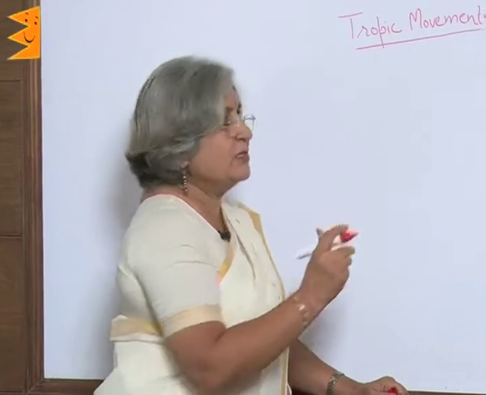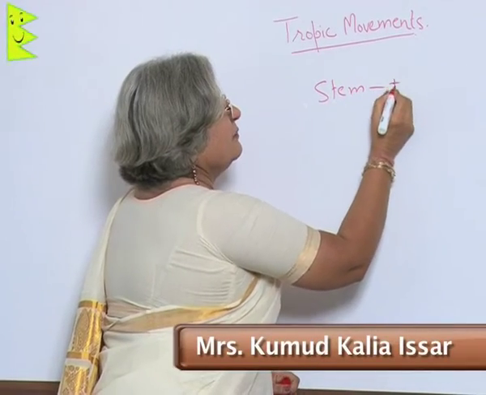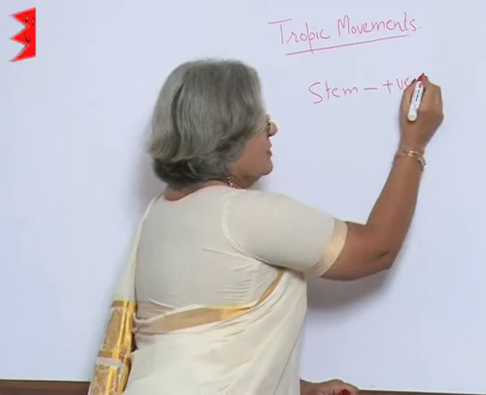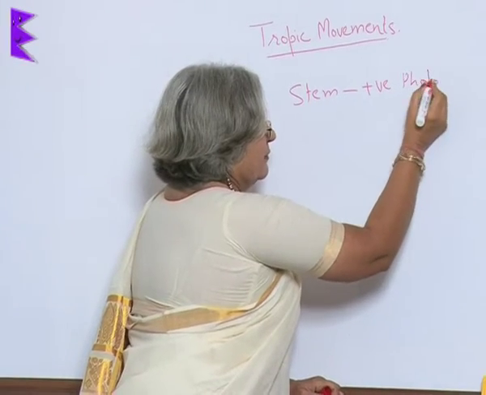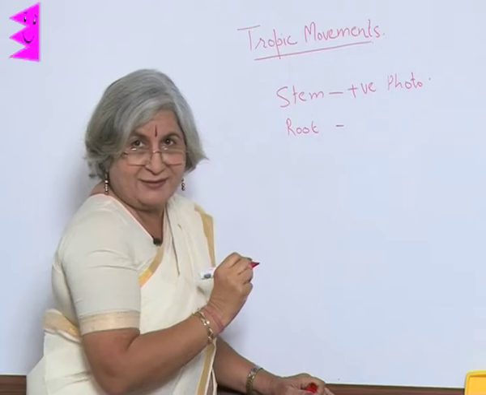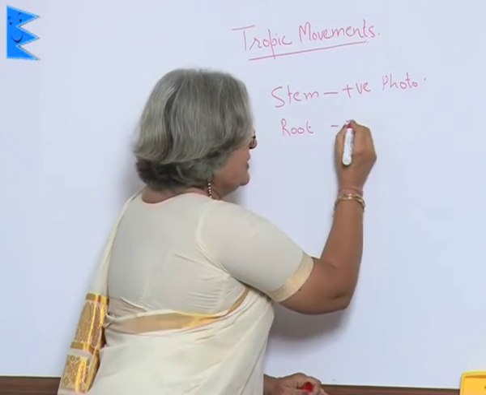Stem is positively phototropic. Now what does that mean? It means it grows towards the light, positive phototropic. While root, does it grow towards light? No, it grows away from light. So it is negative